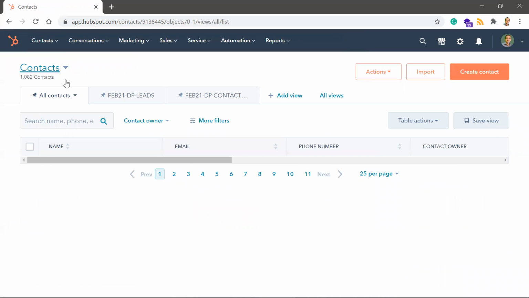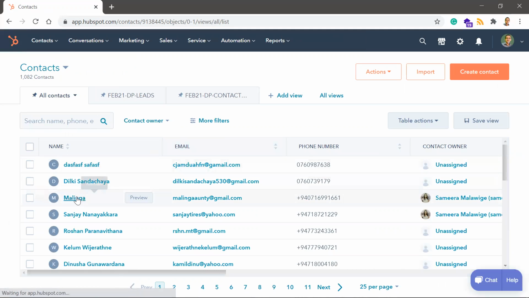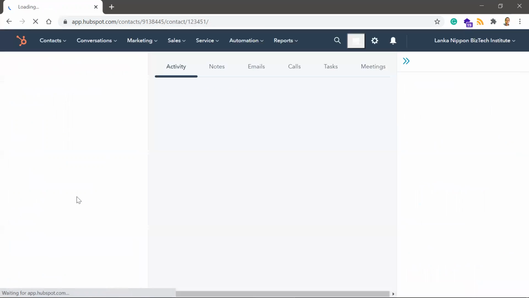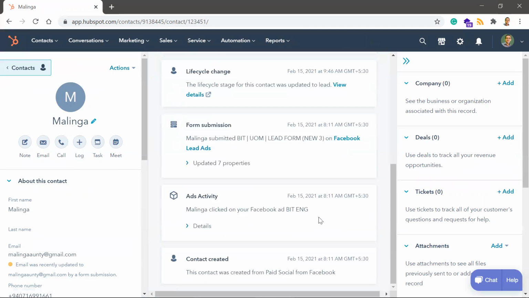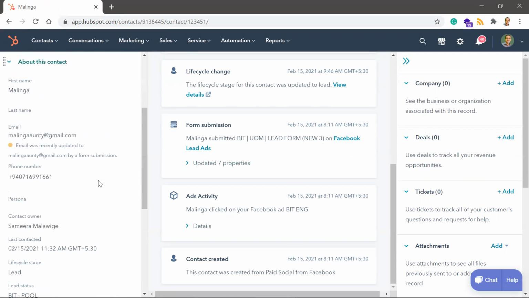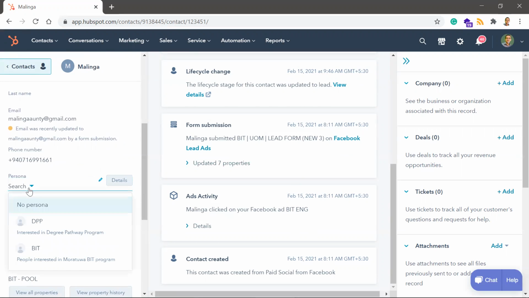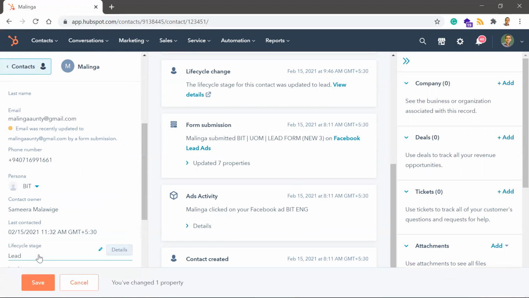Now, coming back to the very first thing I mentioned, always make sure that you are updating the persona. For example, this person is BIT engineering, UIM BIT. So simply scroll down and select the persona as BIT.